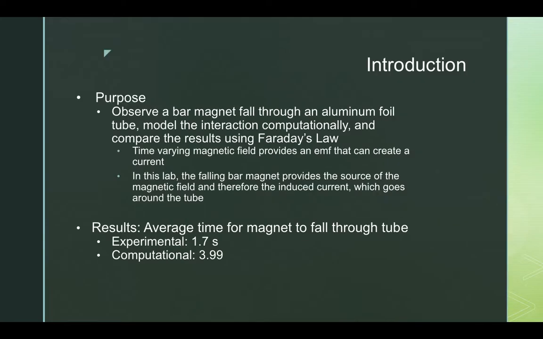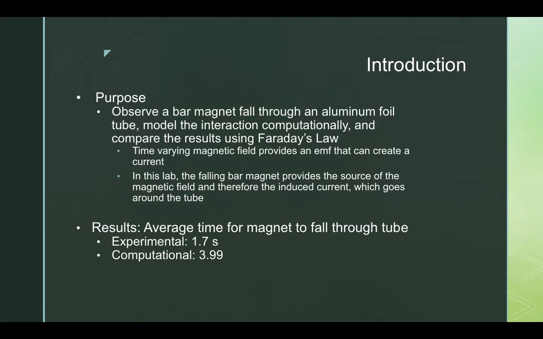The purpose of this lab is to observe a bar magnet falling through an aluminum foil tube, and we modeled this interaction computationally on GlowScript and used Faraday's Law to compare the results of the computational model and the real-life experiment. So we know that the time-varying magnetic field provides an EMF that creates a current, and in this lab the falling bar magnet provided the source of the magnetic field and therefore the induced current, which goes around the